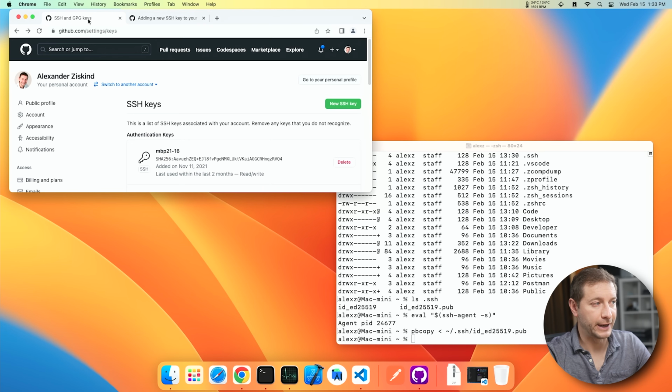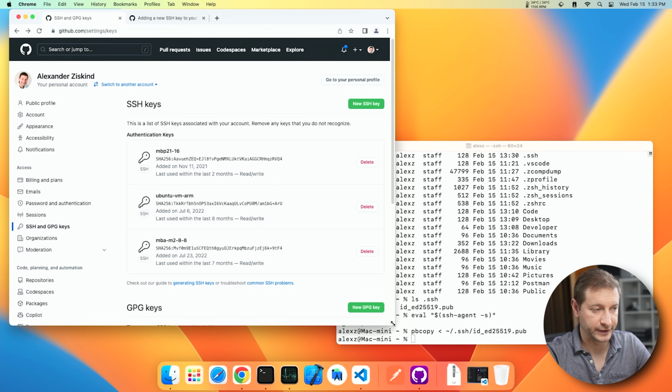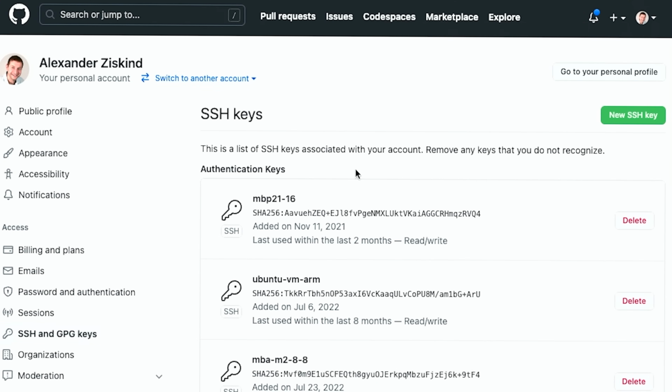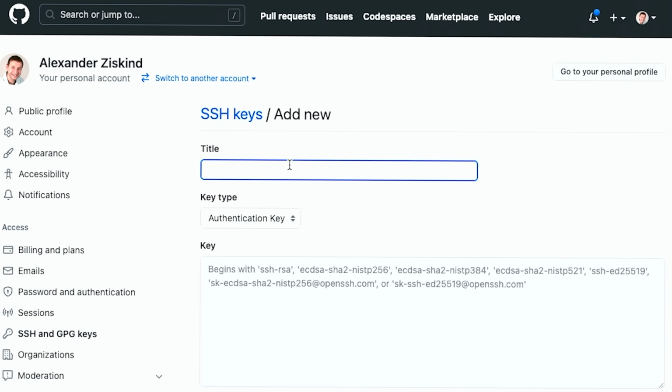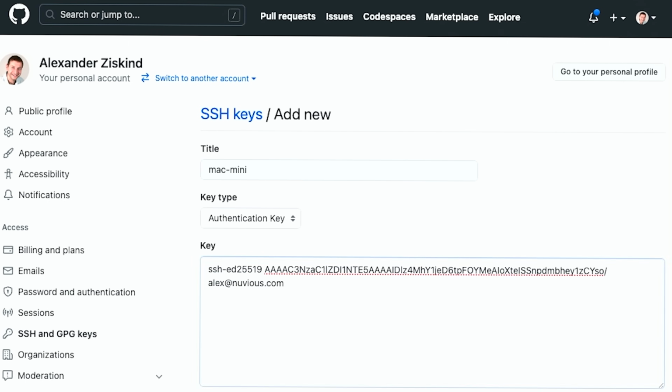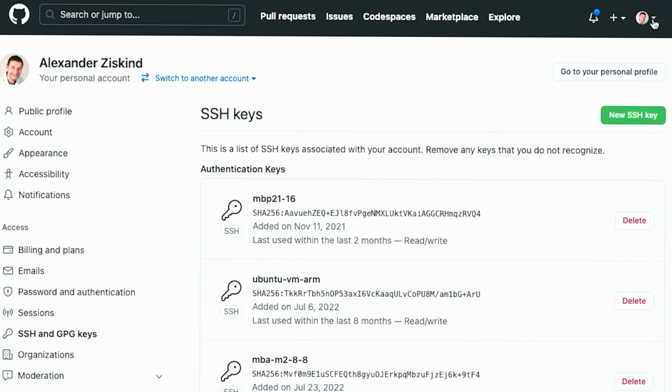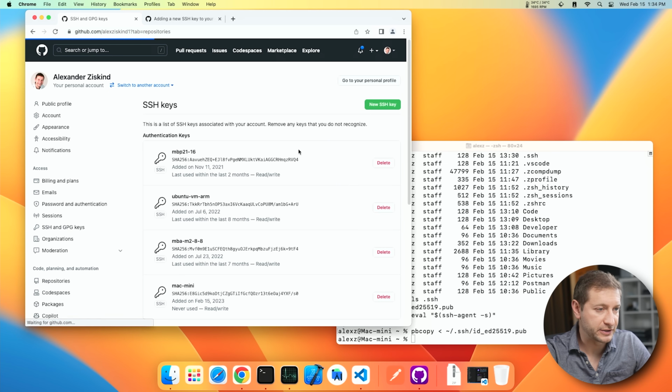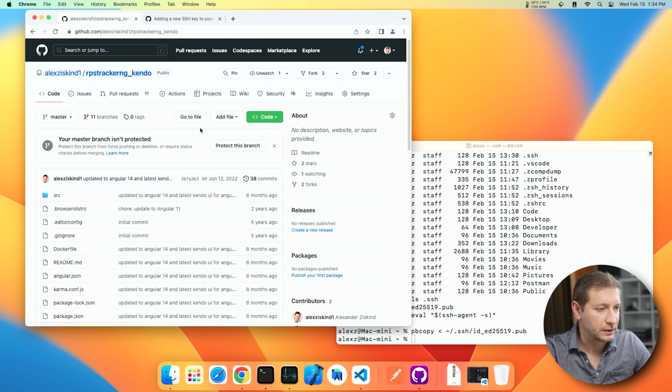So now I can go back to my GitHub user interface, go to settings, go to SSH keys, add a new key, give it a name. This is going to be my Mac Mini. I'm going to paste the key in here and then click add SSH key. There we go. Now, if I go to my repositories and I want to clone something, let's say this one,